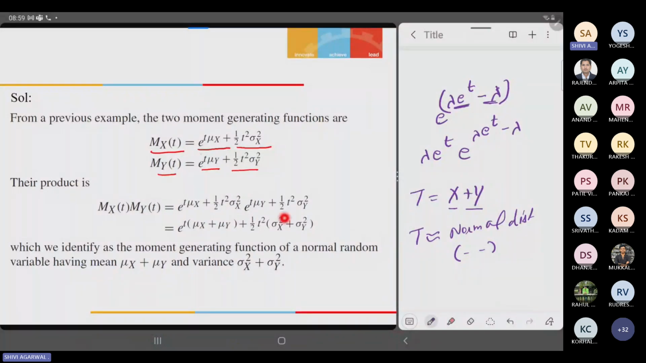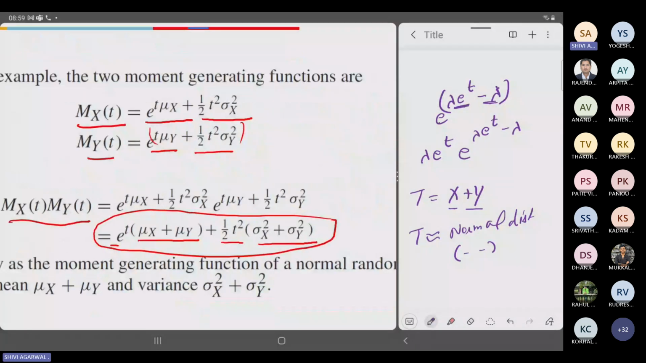So this is the form, the power of the exponential. Now we multiply them. It will become e to the power t times mu x plus mu y, plus half of t square times sigma x square plus sigma y square. So it is the same moment generating function as the normally distributed random variable has. Correct? So what we can conclude